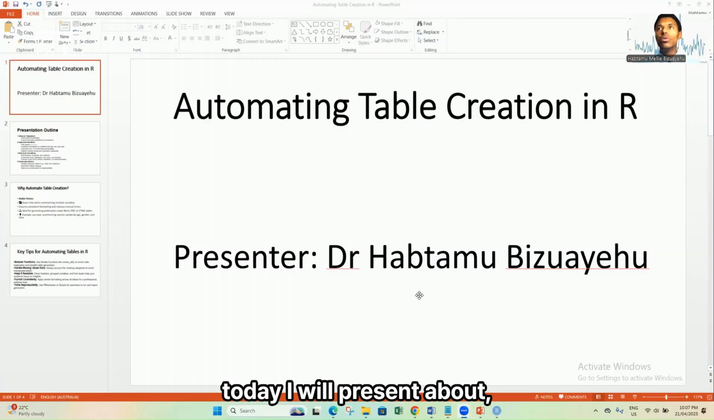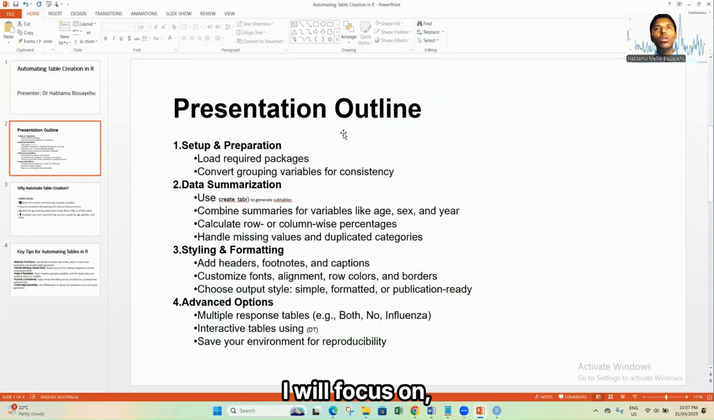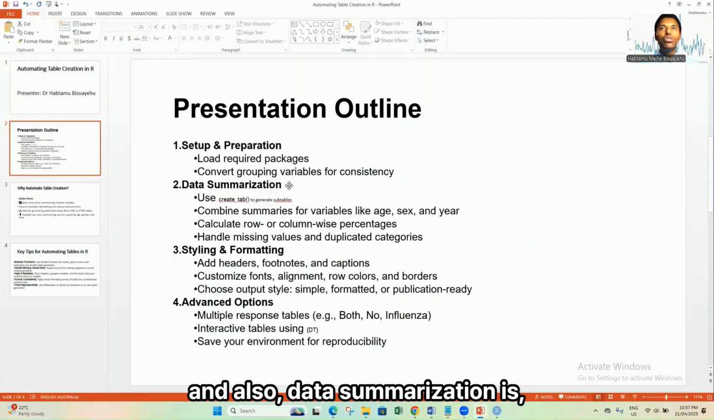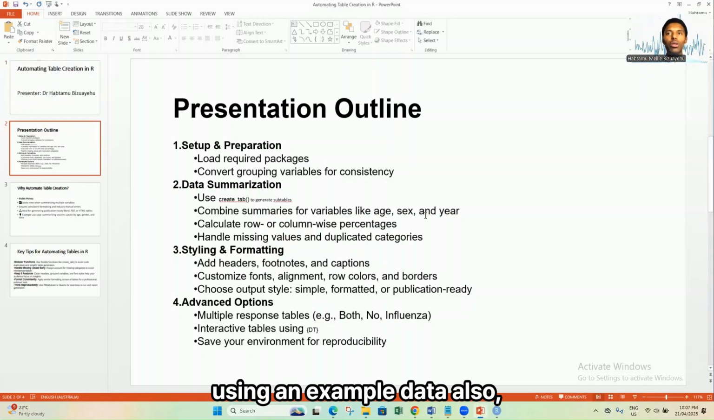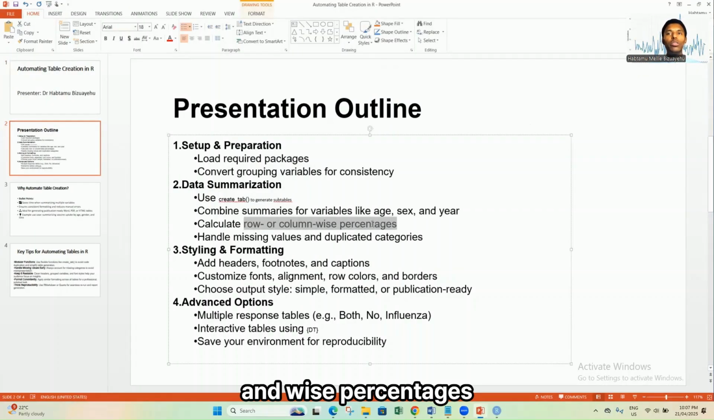Hello everyone. Today I will present about table creation art. In this presentation I will focus on preparation of the data and also data summarization, using tab to generate publication ready tables and combine summaries, using an example data, also row-wise percentages, and also handling missing values as well as categories in